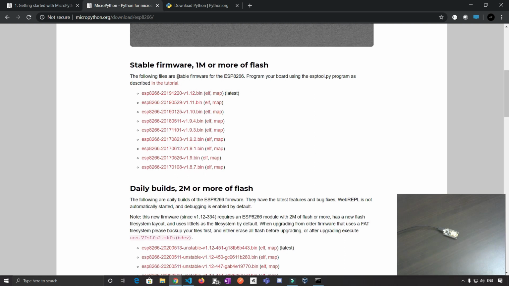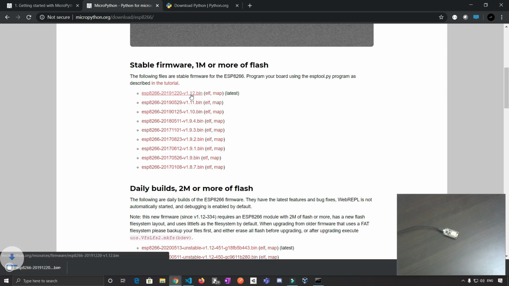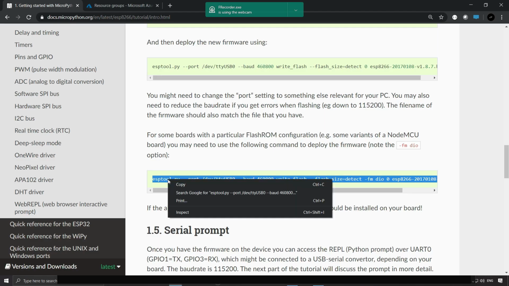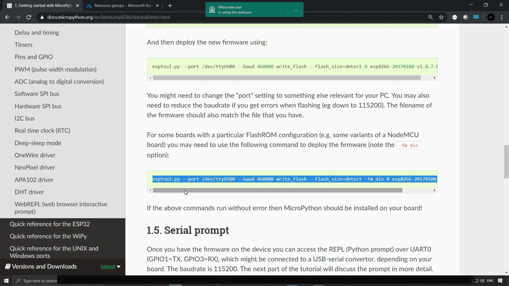So these are the stable firmware. I'm going to download the stable firmware, which is 1.12.bin. This one is in the downloads folder. So on the command prompt, I'm just going to go into the downloads. So next we need to run this particular command. I'm going to copy this and we need to change 3 things in this command. One is our port, second is the baud rate.